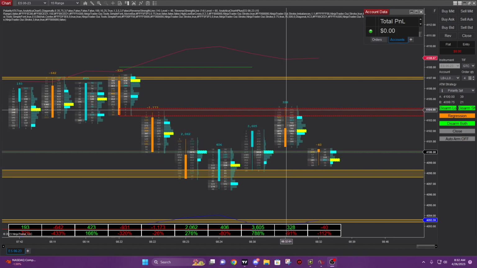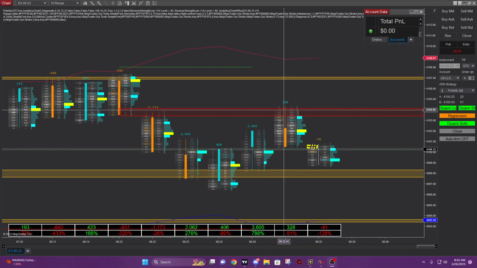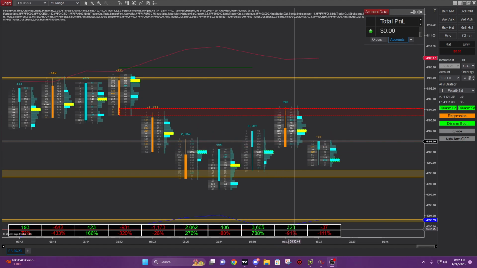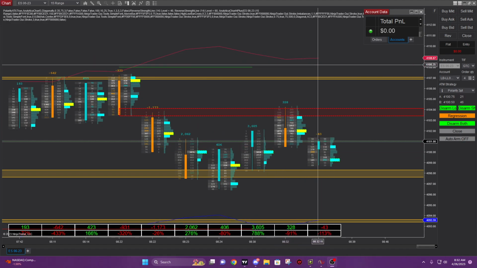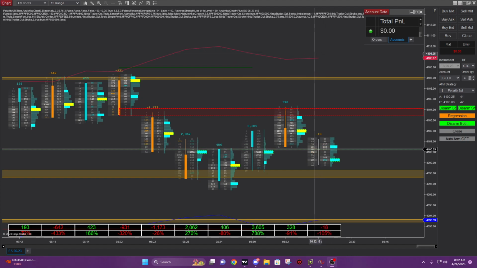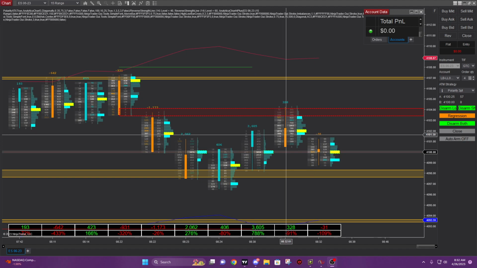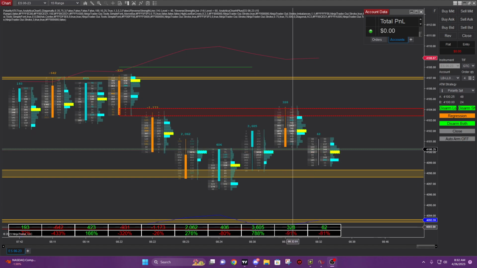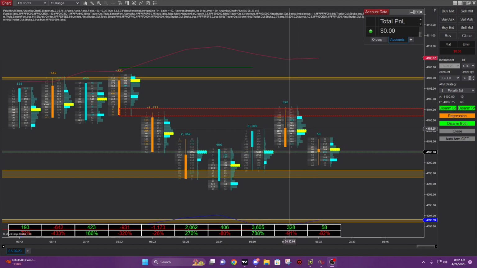So there's another down push with 300 positive delta. Kind of indicates to me we're not going to be breaking out up here for a little bit, unless the market's obviously just crazy. But that kind of indicates to me that, you know, buyers are trying to come in, but they're just not strong enough. So